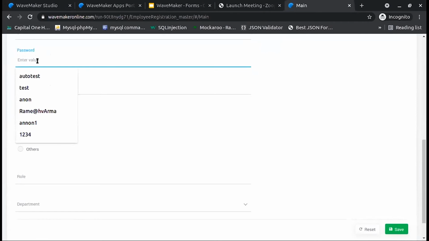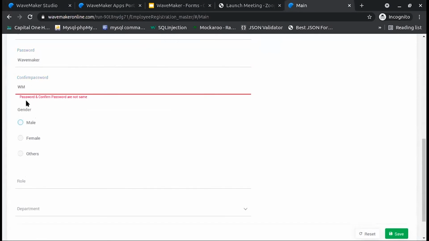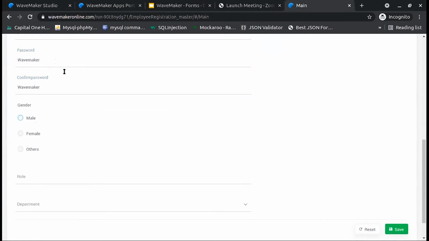So if I give different values, it tells that password and confirm password are not the same. If I enter the same value, then the error message is not shown.